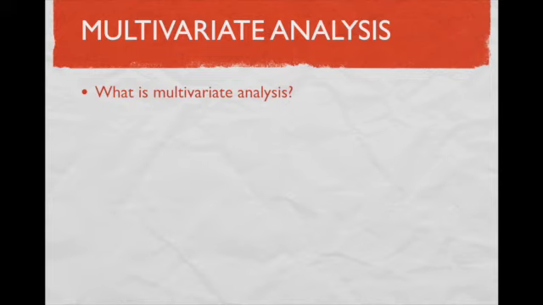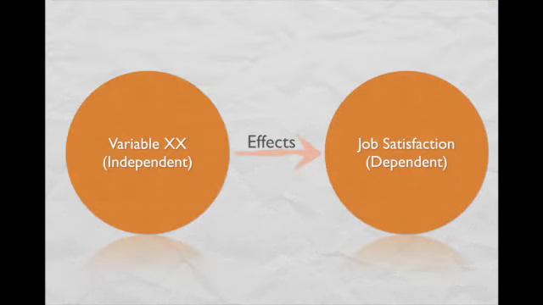So moving that idea forward, knowing that there are different types of design, one of the things that we need to talk about is this idea of multivariate analysis. Now, I think someone brought up the idea last week, when we were talking about job satisfaction, and we said there are a couple of different things that can actually affect job satisfaction. It's not just one magic thing that controls for all of the different variations of job satisfaction that one person might feel. And so this really gets into the crux of multivariate analysis. I want to introduce that idea here, and then I want to move on into some other things.